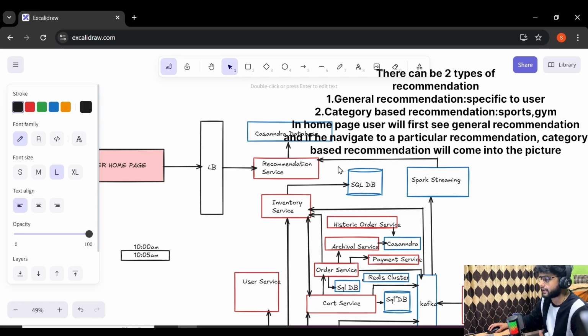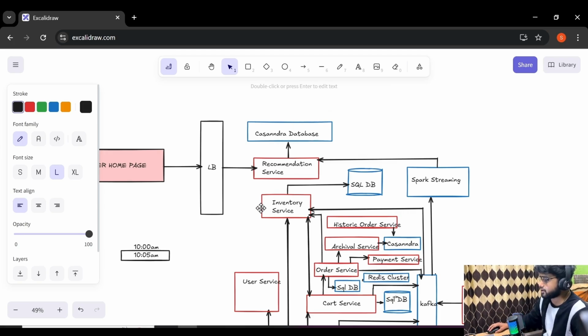We will be using different ML algorithms to generate this recommendation feed for a particular user. What the user is liking, viewing, adding to the cart, and buying. So it will grab all this information, and on the basis of this information we will perform different operations, and then we will generate a recommendation feed for the user. So this is all for the recommendation service.